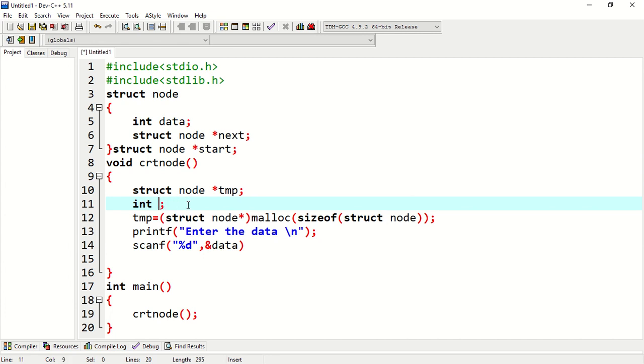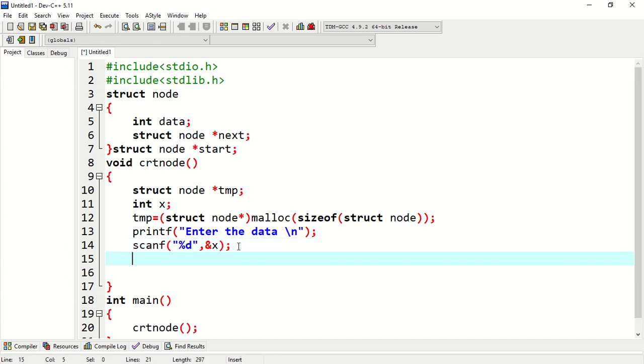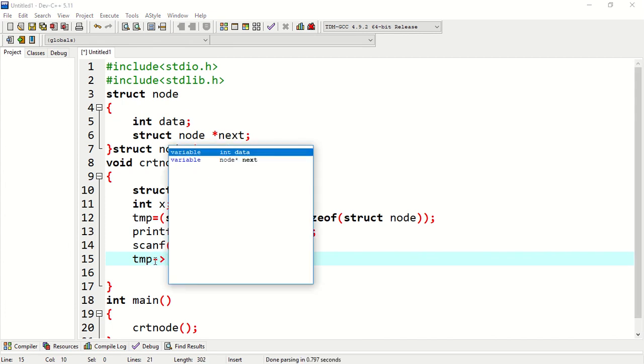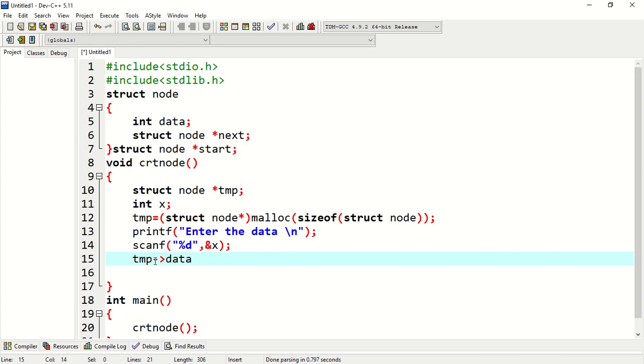Remember one thing, we want to put the data from x into this data part, and it is a struct node type. We access it by using the pointer, and when we are using the pointer we use the arrow operator. If it were an object, we would use a dot operator, but it is a pointer. So temp data is equal to x. Here a node is created. In the data part we are sending the x value, and temp next is a pointer, and we assign the null value.